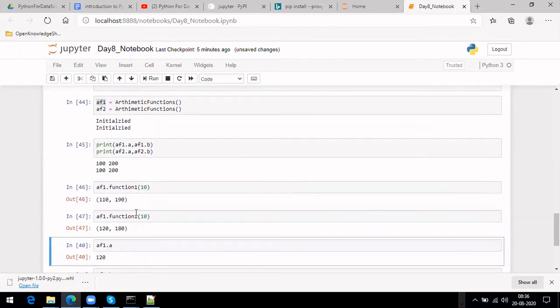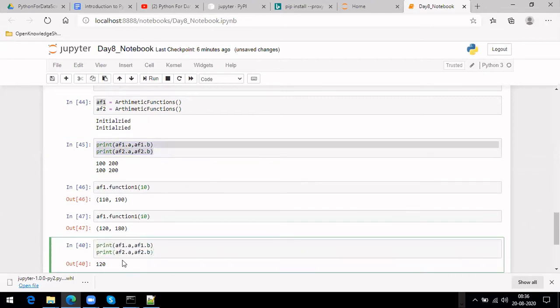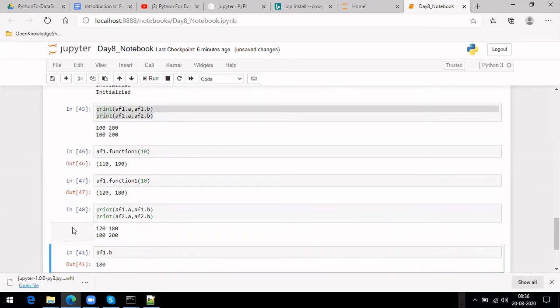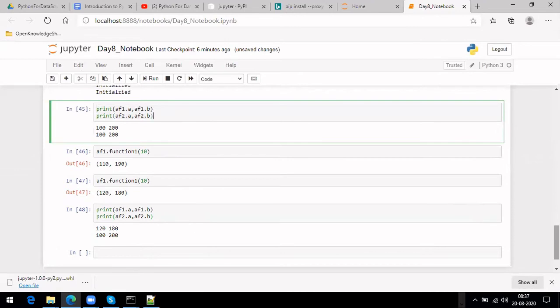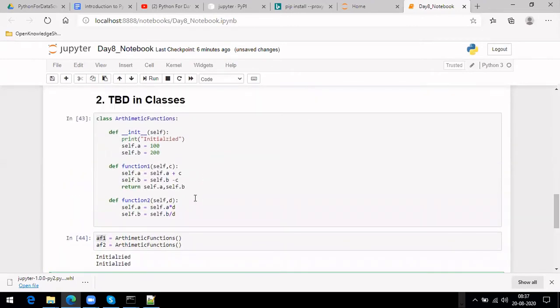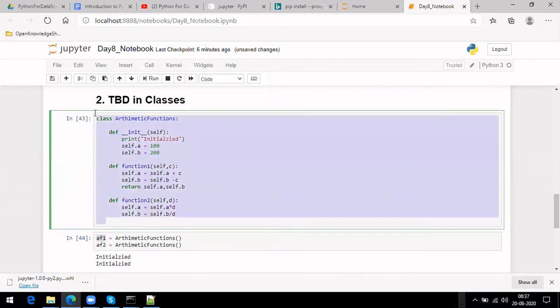Now if you check these four, let me run it. AF1 changed, but AF2 did not change. So this is the difference. Once you store it, it will be a completely different object, even though it came from the same class. The structure will be the same, but the values and the memory location where it is stored will change. So this is the thing about functions.